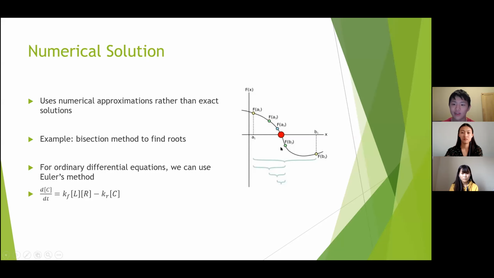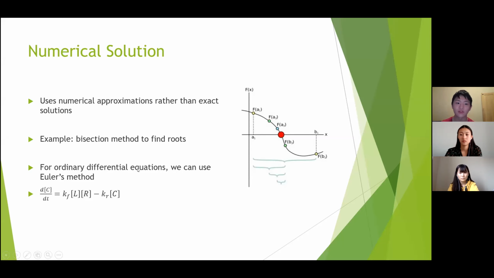You can take the average of a1 and b2, which is going to be a2 here, and now that a2 is above 0, you know that your 0 has to be in this interval between a2, f of a2, which is positive, and f of b2, which is negative. Then you repeat again. You take the average of these 2 points. You find that f of a3 is above 0 again. And you just keep going until you get an infinitely close approximation to what the 0 actually is.